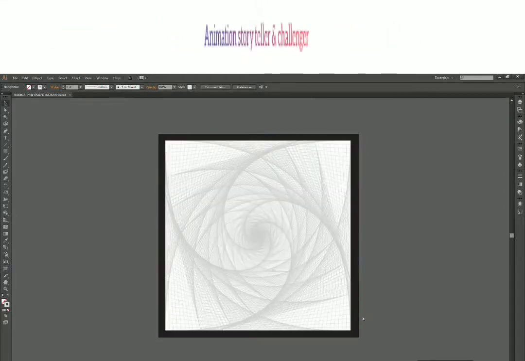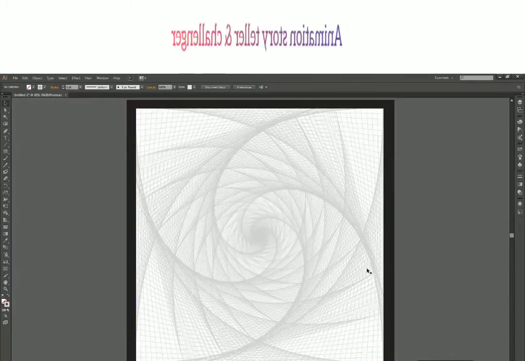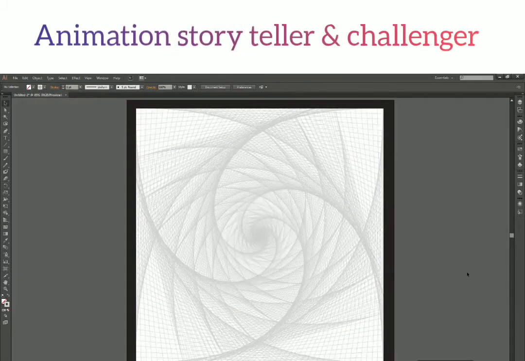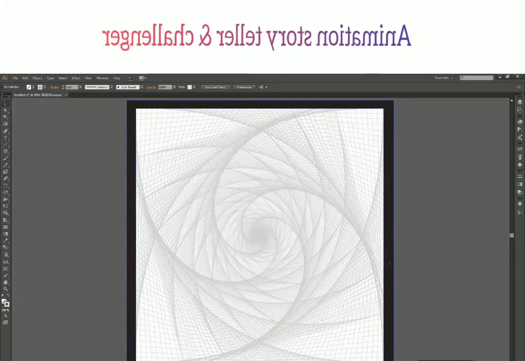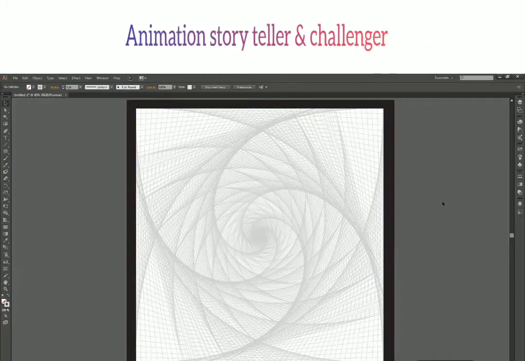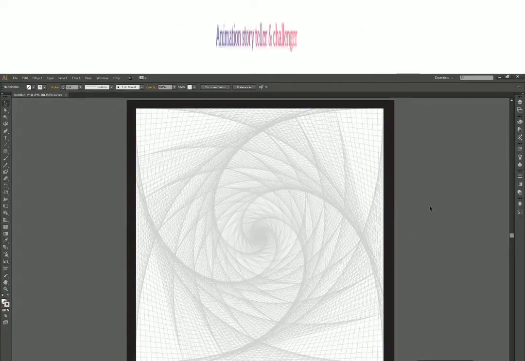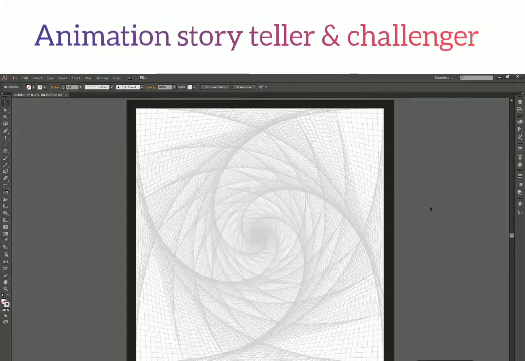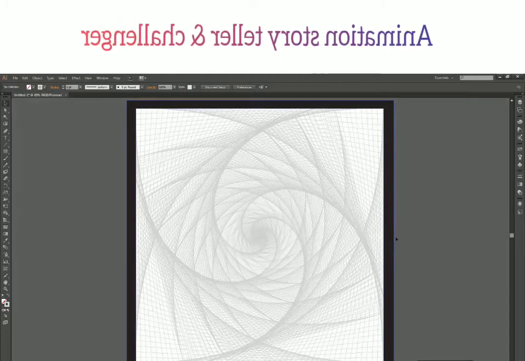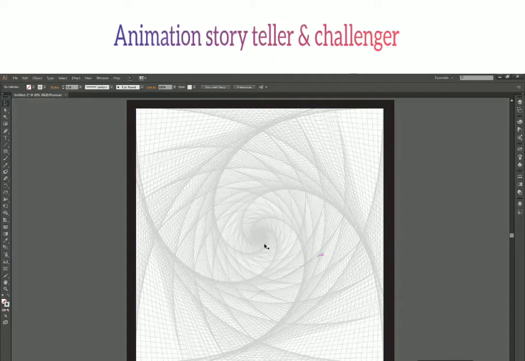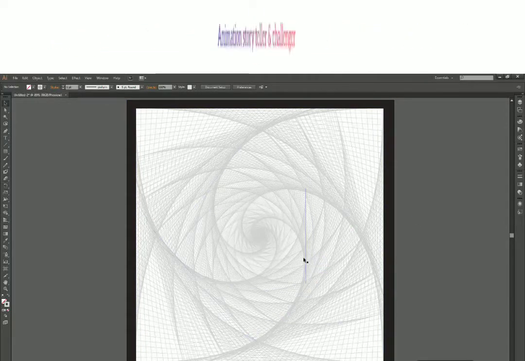And there we go. So there we have our design ready just by using one single tool, that is line segment tool. Now, yes, we have used a few other features of Illustrator like the transformation and the pathfinder, but the main intention of this example was the core design, what you are going to create.